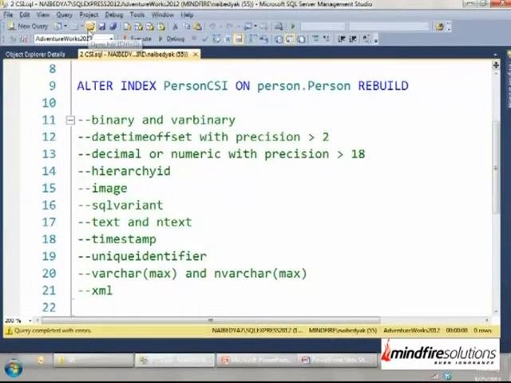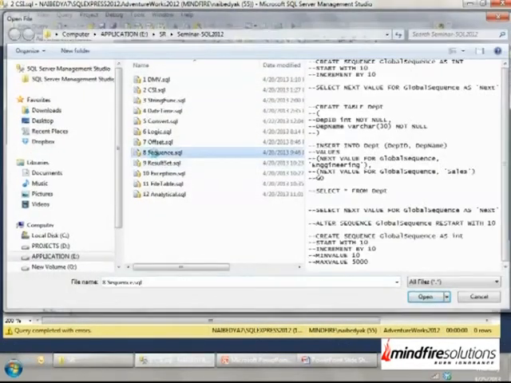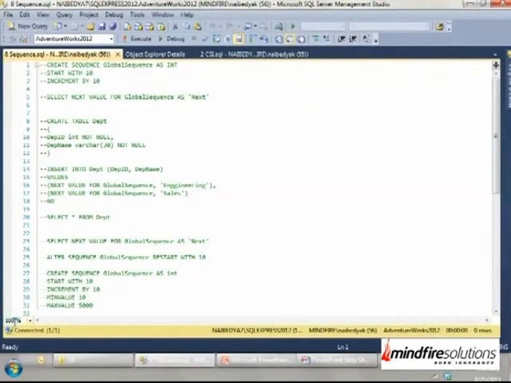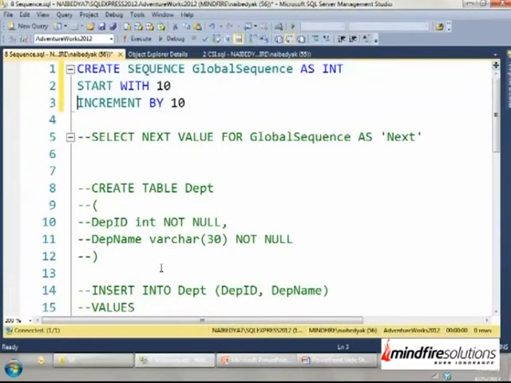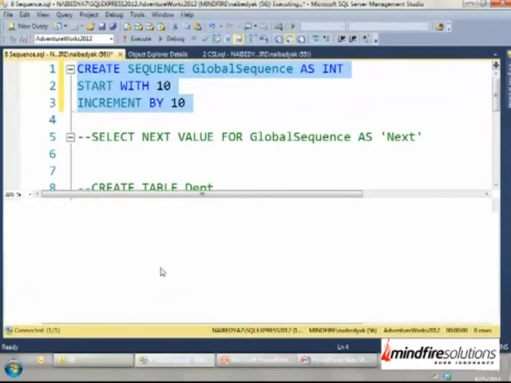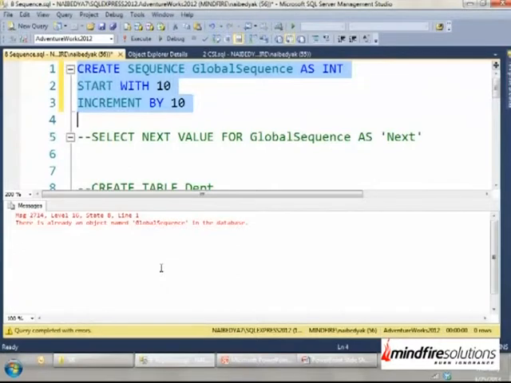How do I get the value from the sequence? How do you get an identity value in a table? What is the normal thing? Identity will give you the value after it is inserted. But can you control what it should insert and when it should generate? No. That happens only after an insert. You make an insert into a table, and when that row is inserted, the next identity is used, isn't it?